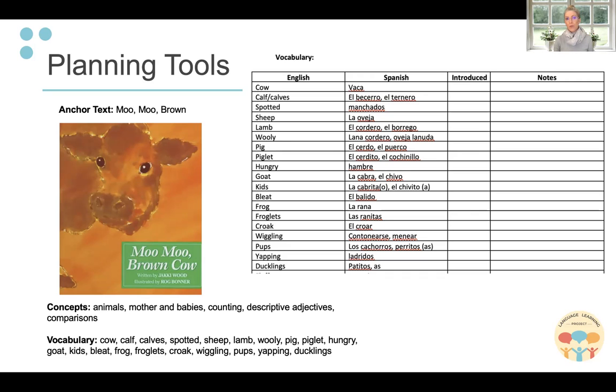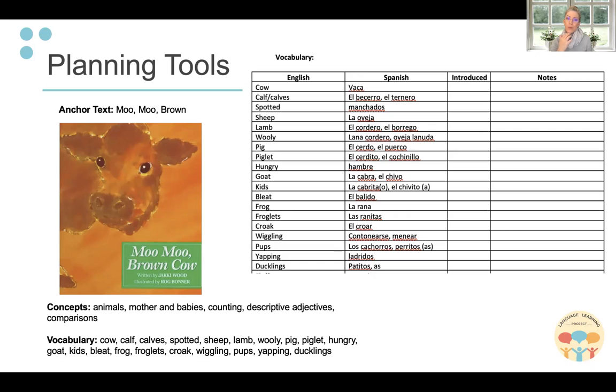So, you can see here that the vocabulary list we've categorized in English and we've done the home language of Spanish. We've built in a column for whether or not that's been introduced and what notes you have to take around it. So the notes column is really for you to take note of perhaps when a word was introduced, how long you spent time on it, what was an observation you had. Maybe it's something that the children were very interested in that could develop into a different area of interest, or maybe there are some materials you want to gather because there was interest around specific vocabulary.